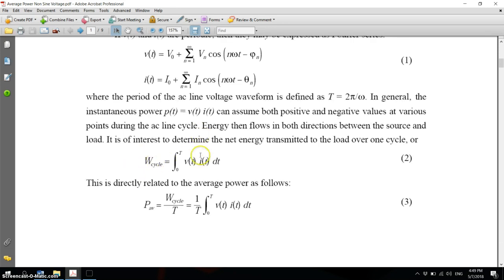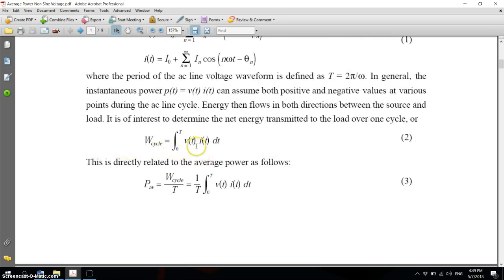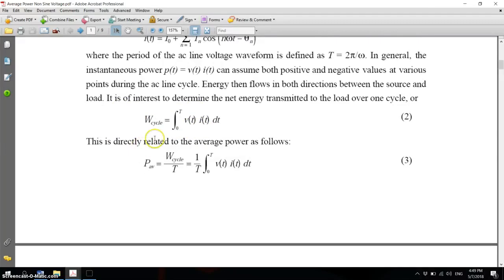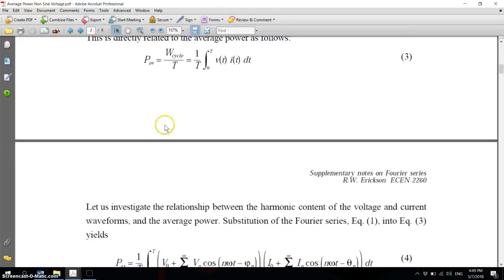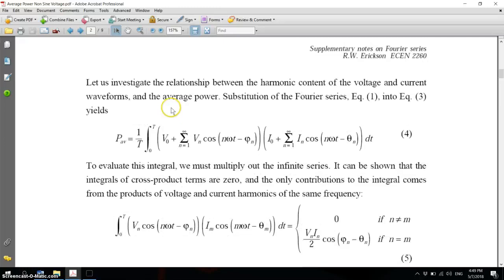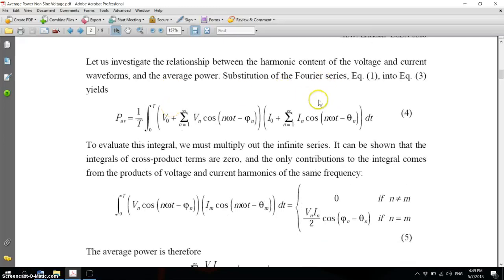So therefore, the average power equation equals 1 over T, the integration from 0 to T of the voltage and the current. So this is the actual power equation. And if you substitute the Fourier series for voltage and current, we are going to get equation number 4 here,